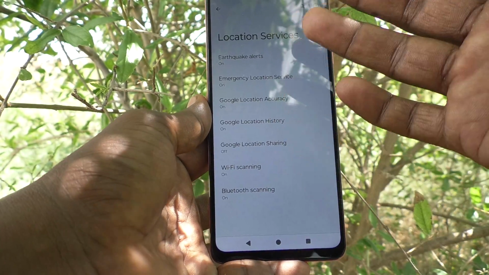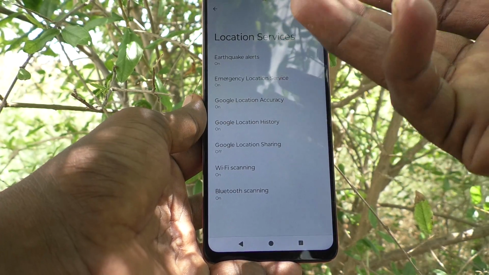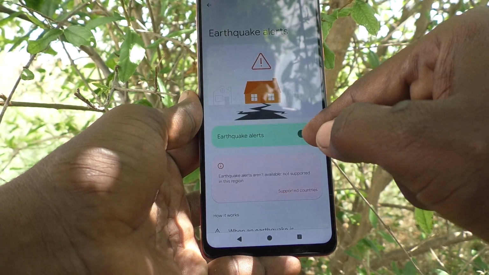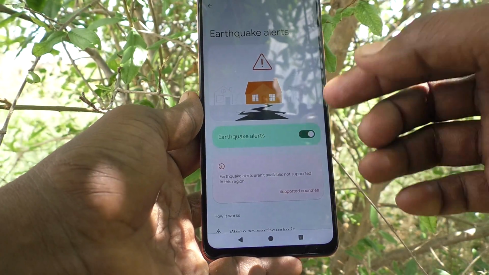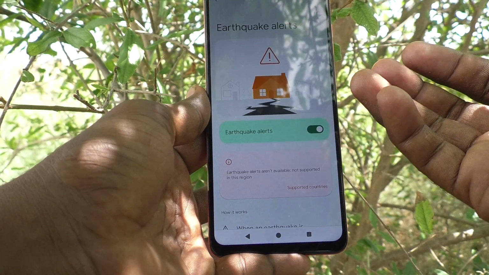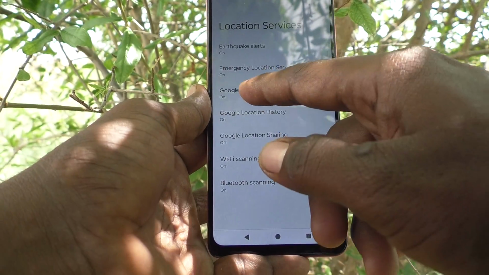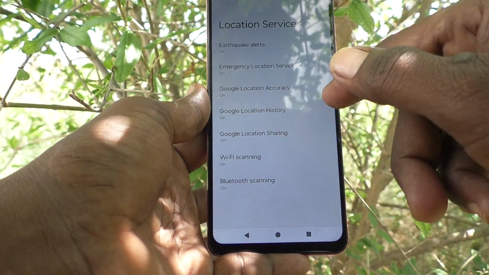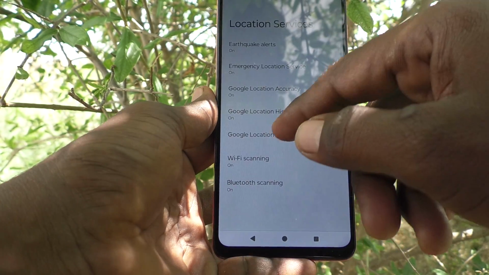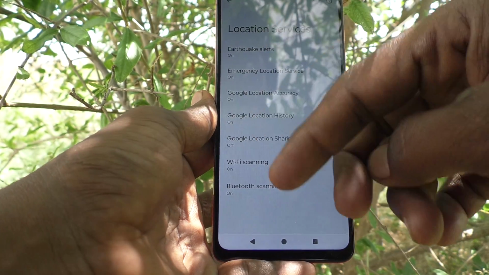And here some of the alerts can be given if location services is turned on. Earthquake alerts. Okay, just click on it, and if it is turned on, suppose some earthquake is detected near your location, it will be alert to you. Okay, emergency location services on, Google location accuracy on, Google location history it is turned on, Wi-Fi scanning, Bluetooth scanning. So these are all the location services